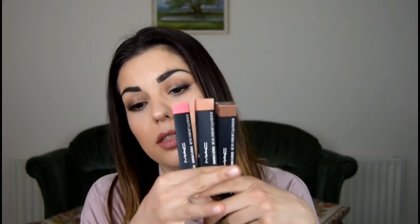And the final 3 products from this collection are again by MAC, and they are the Paint Polish Lip Pencils. I'm pretty sure if you're a MAC fan you've seen them. They're 3 different shades. One of them is Go for Girly. They are very, very glossy and they're definitely my style. In the previous haul I did, I have mentioned them and I've also showed you other shades, but these are new shades I've purchased and I absolutely love them. So this is called Go for Girly,